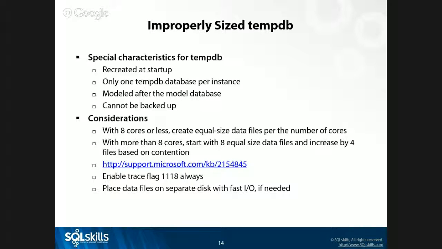The most I've seen that had to be created to handle the latch contention was 128, and that was in a simulated edge case. I mean, that was a documented test case with Microsoft. I've yet to see that in production. For me, a server with 64 cores, I'll say 16 was the max we had to go with, and that was handling something like 30,000 transactions per second.